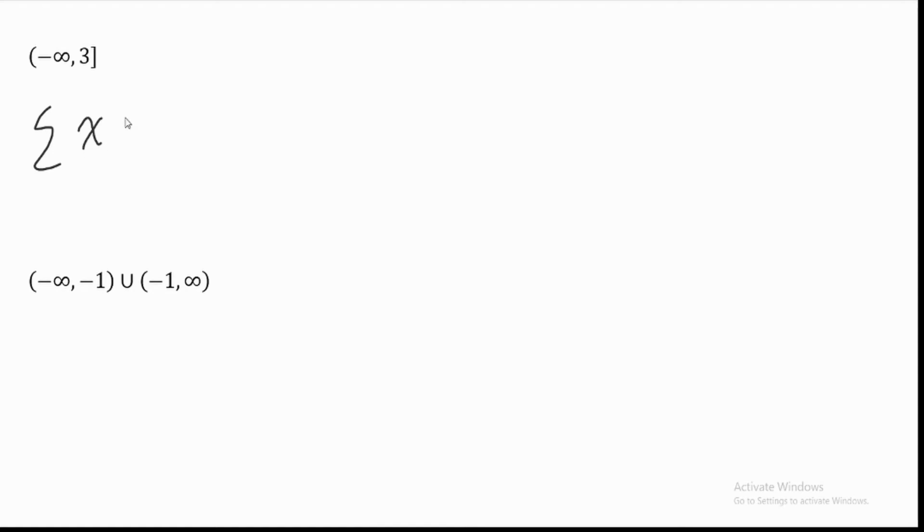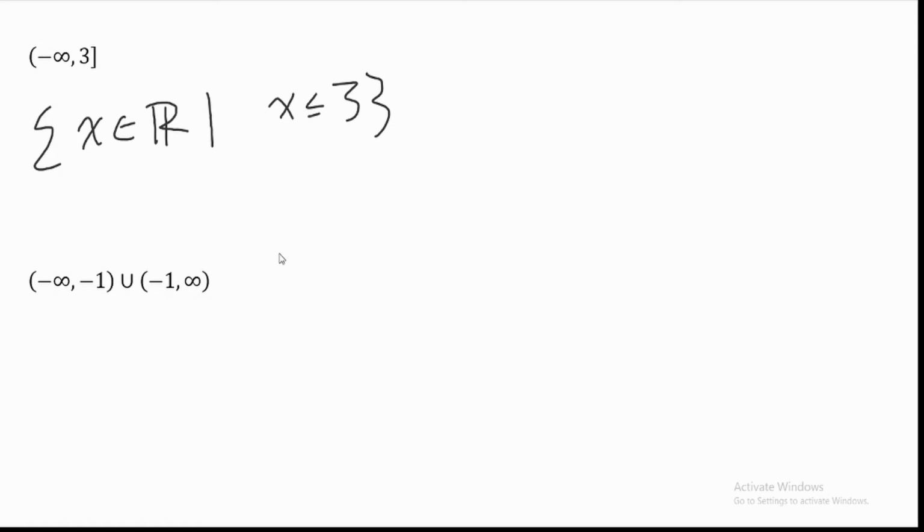So x is an element of real numbers such that, now what's our condition? Well, clearly we can see that x tends to negative infinity. So all negative numbers are in this category, right? We also see how that ends at 3. So clearly it must end at 3. And because of this close bracket, this tells us that it has to be less than or equal to 3. So what we can do here is write x is less than or equal to 3. And that's our first